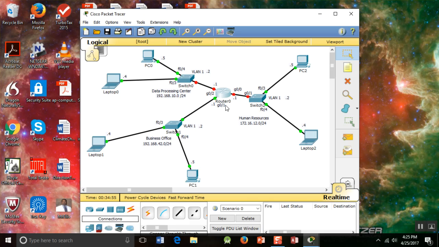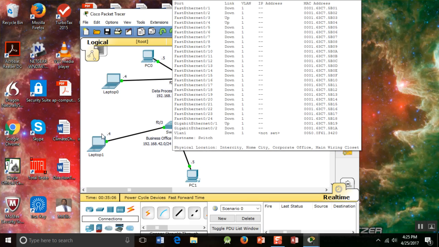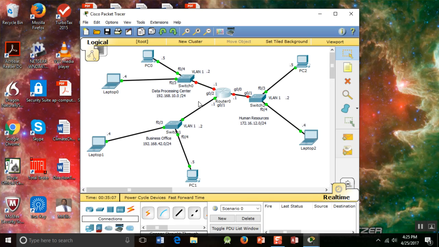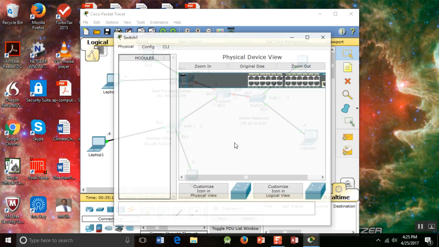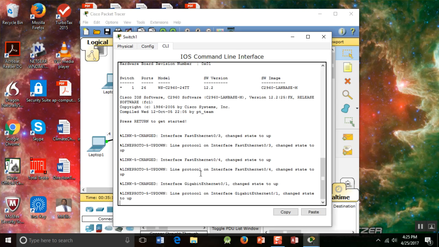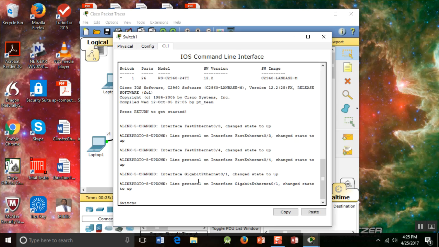Okay. The next task, now we're going to do this for all three departments. You're going to do it for all three departments. I'm going to demonstrate the VLAN and the address for the laptops and the gateway, okay, so that you know what to do. Okay, so we're going to go into the command line interface for our switches, and we will